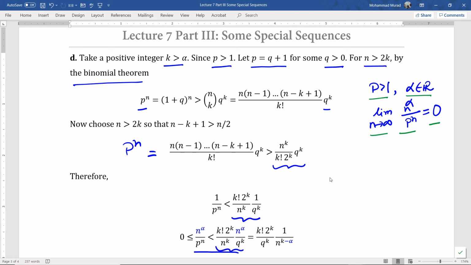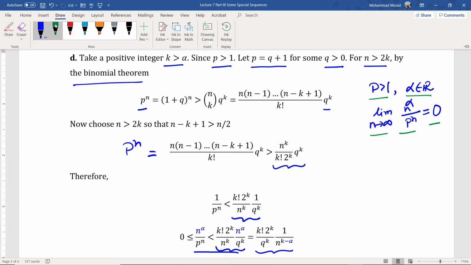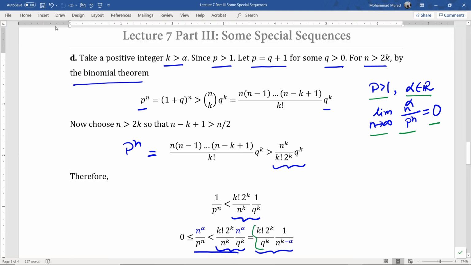And the term here can be rewritten in this form, where the first factor is constant, meaning independent of n, and the second factor, 1 over n to the k minus alpha, approaches 0,